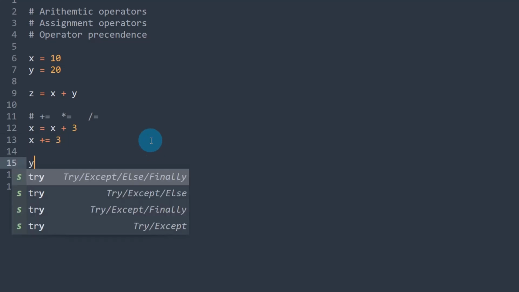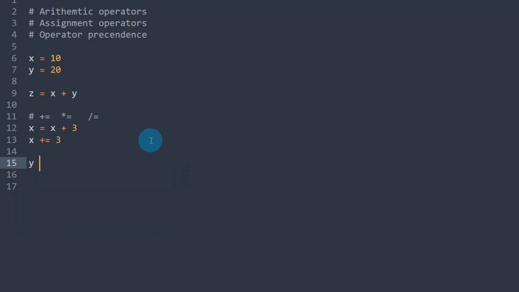Similarly, say I want to decrease y by 2. How do you do that? y minus 2, correct? I can write in a shortcut form y minus equal to 2, right? This means it's the same as y equal to y minus 2.